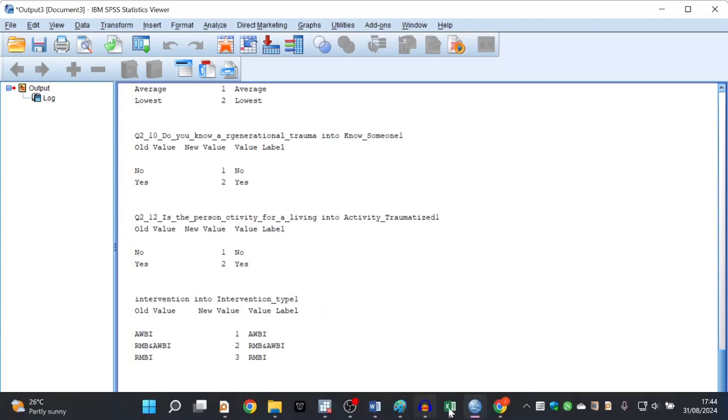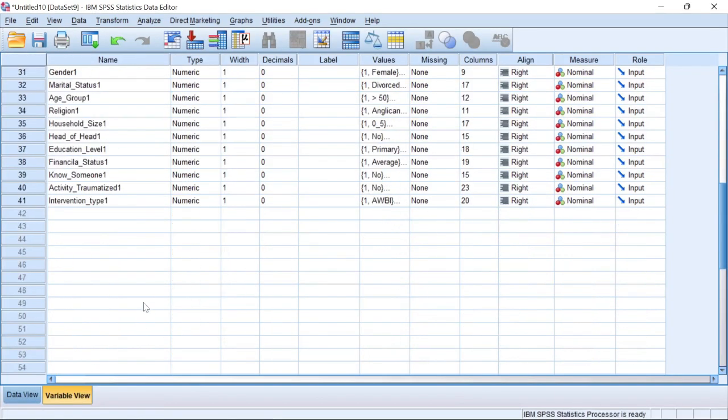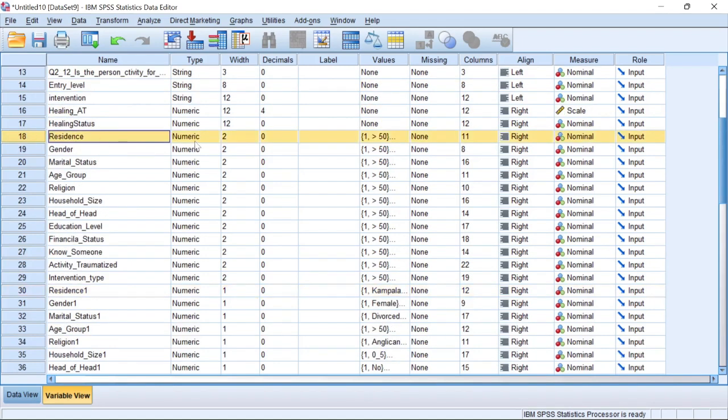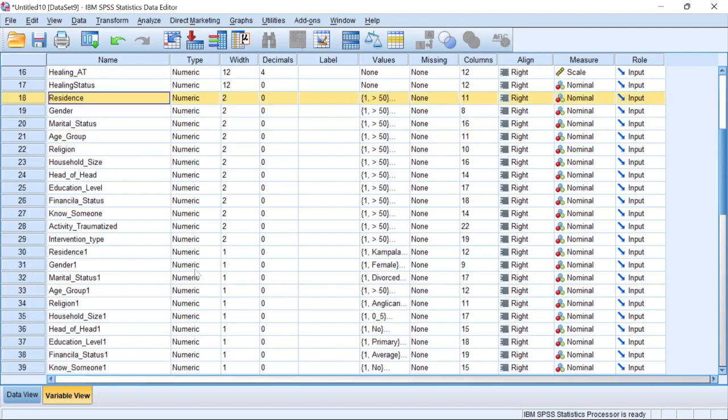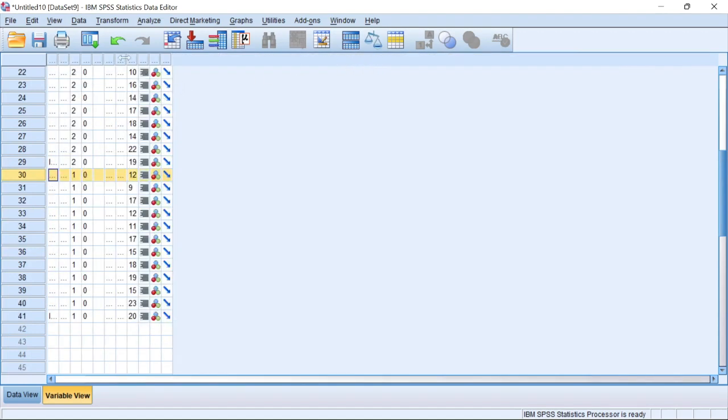Now that you've seen that, let's go back to the data and we see that more variables have been generated. If you look at the new variables I generated, from where we began from residence, it's numeric in nature. If I begin from where I had residence 1, gender 1, it's also numeric in nature, and so on. And what's interesting is that if you look under values,